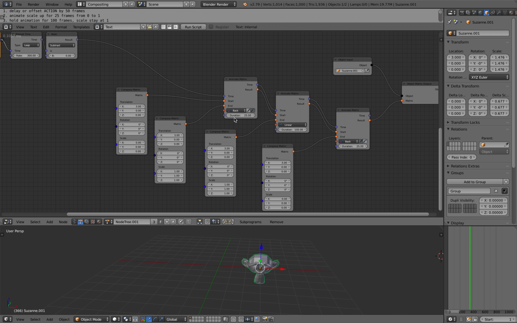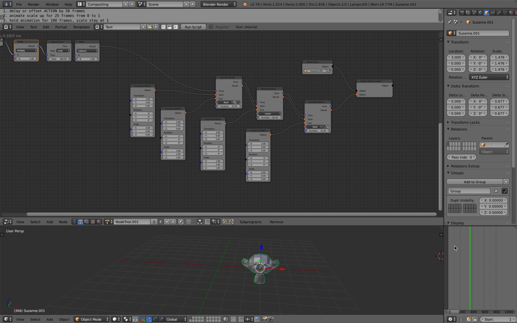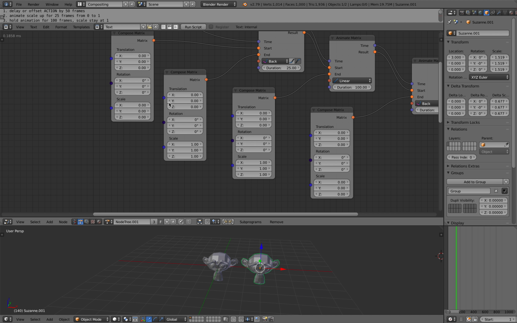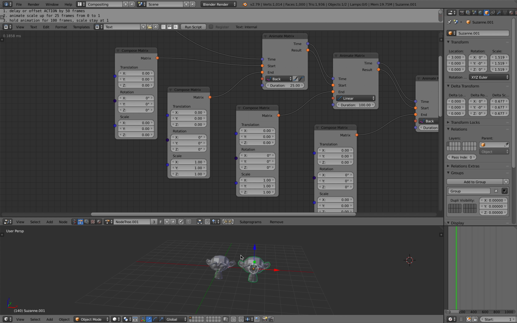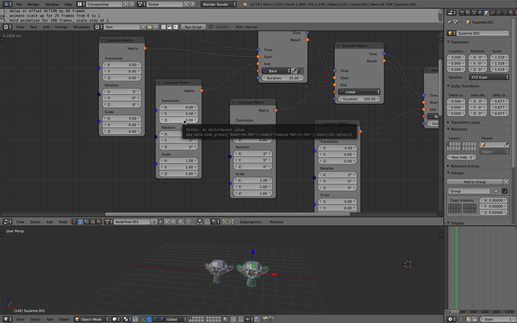I will try to explain that in the next live noding, but this is pretty much it, I guess. This is pretty clear. With this Suzanne, you can actually adjust all these animations. For example, if you want Suzanne to go up 2 units, you can change that on the fly. Now Suzanne is animating up while changing the positions, and it goes down and goes back to 0, 0, 0. See, there's a lot you can do even with this simple setup,